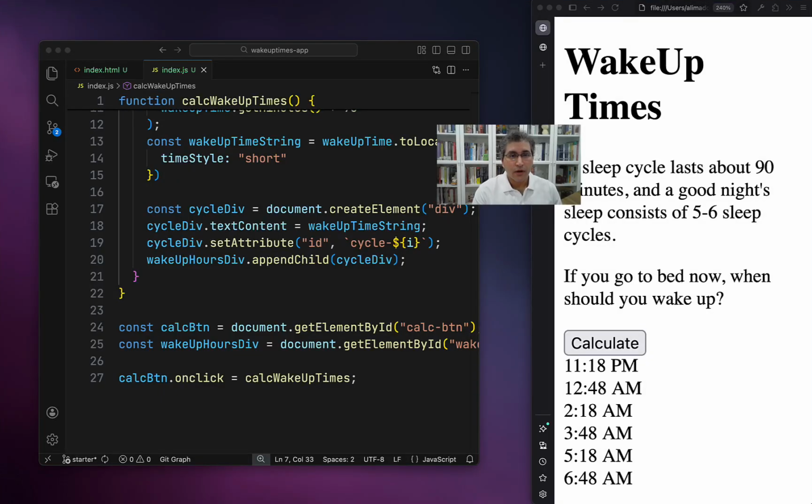In this video, we'll style our WakeUp Times app. Right now, the app works, but it looks pretty plain. In this video, we're going to learn about cascading style sheets, or CSS, and how we can use them to